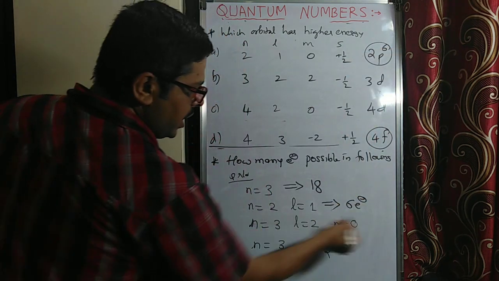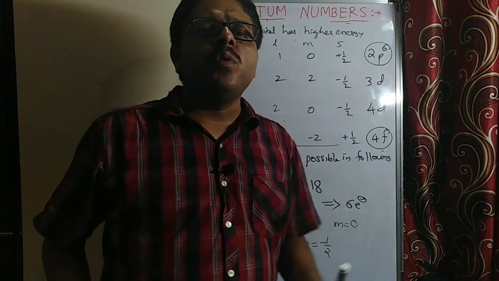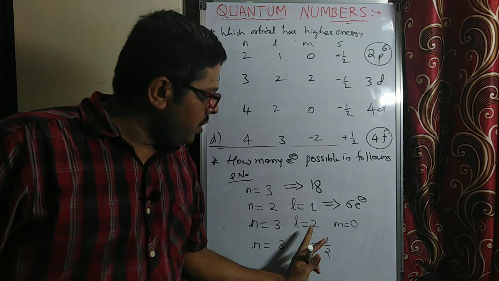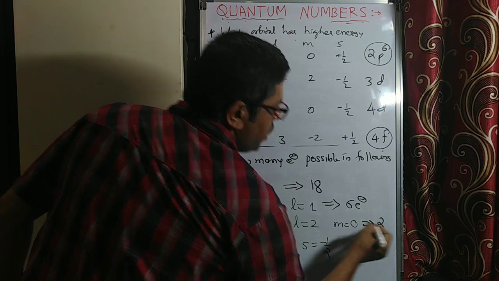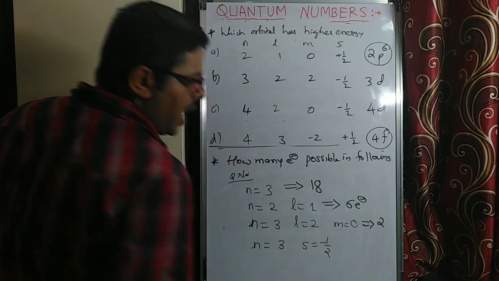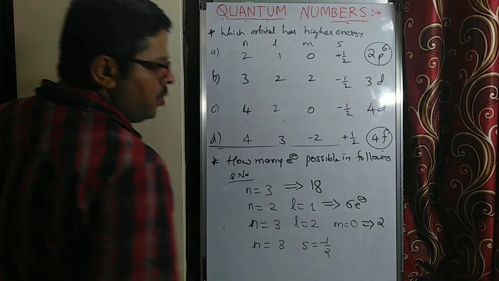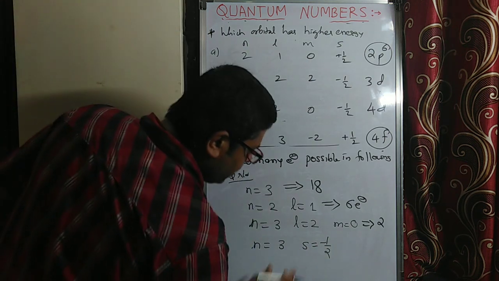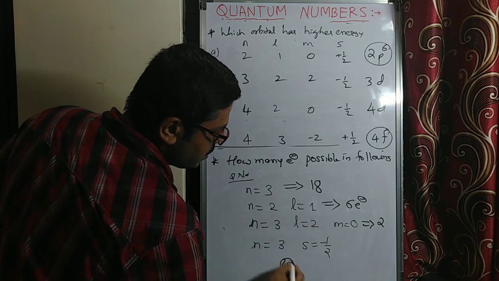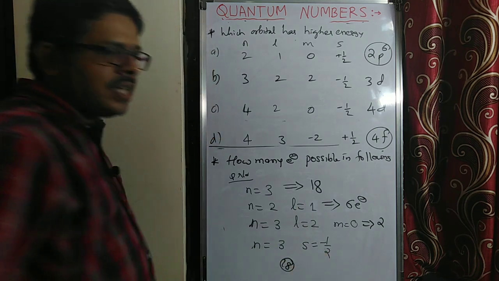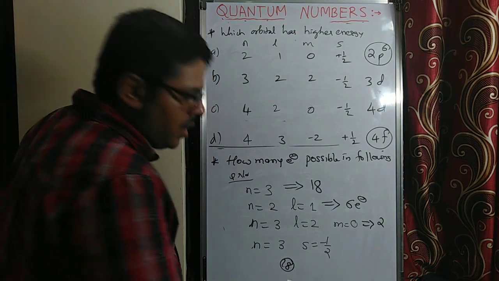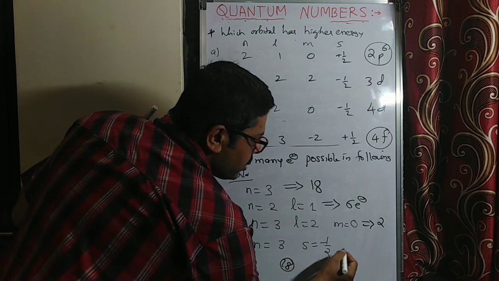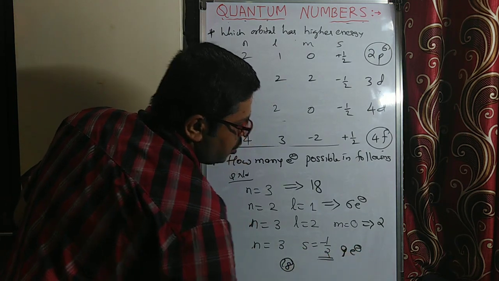Maximum they are asking. So here, M value is mentioned. One thing you remember: whenever M value is mentioned, in M value you can fill 2 electrons. So when M value is mentioned, only 2. If n is 3 and S is minus half is mentioned, see, M value, L value, all the possible values you have to consider here. n equal to 3 means how many electrons total? 18 electrons. Now, S is equal to minus half. When n is equal to 3, 18 electrons are possible. So S is equal to minus half means, remember, out of 18, only half of that, that is 9 electrons, can have S is equal to minus half.